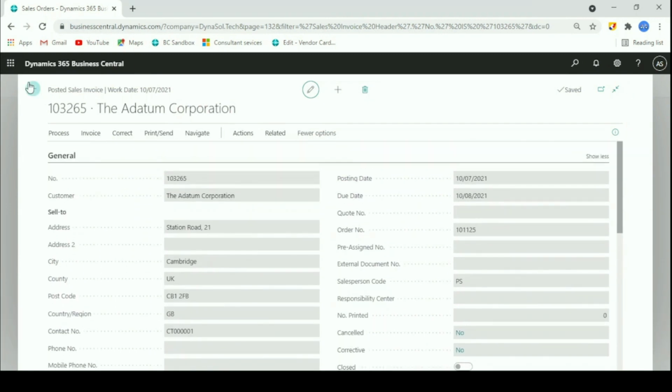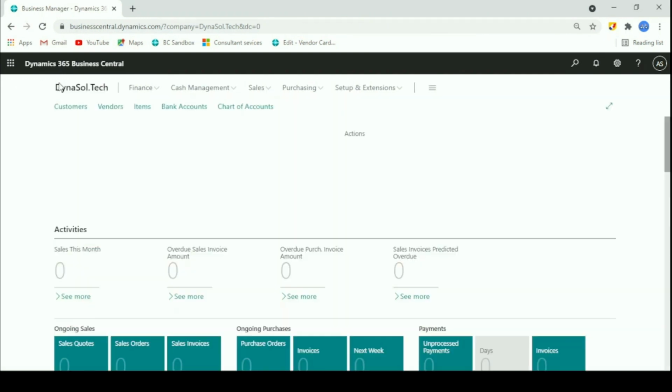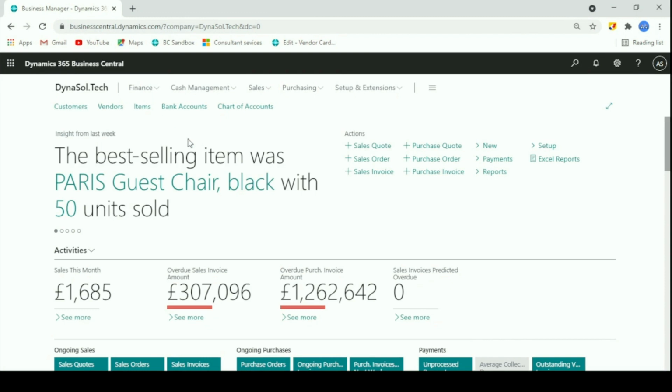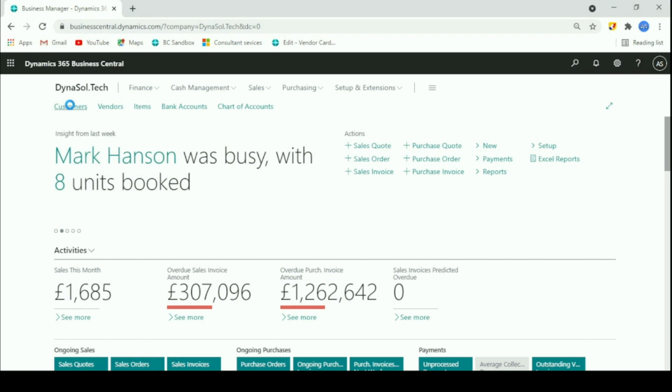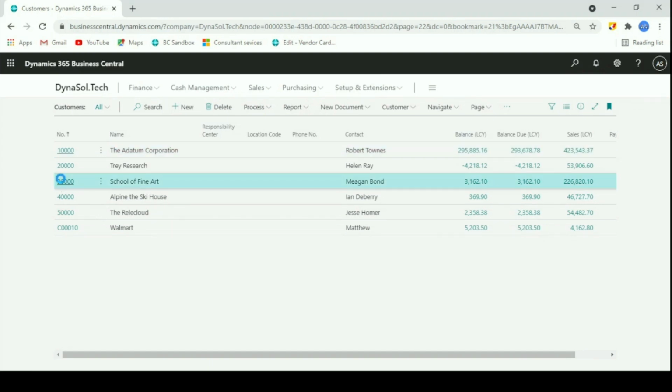And let's come to the third way, which I told you in the beginning, how we can use the third route to create the sales order. So go directly to the customer list. Through the customer list we can select the customer for which we want to create the sales order. So for example, I am creating a sales order for School of Fine Art. So I just select the customer,